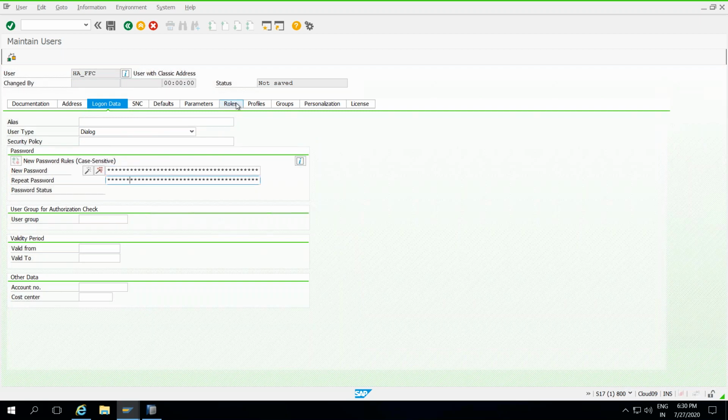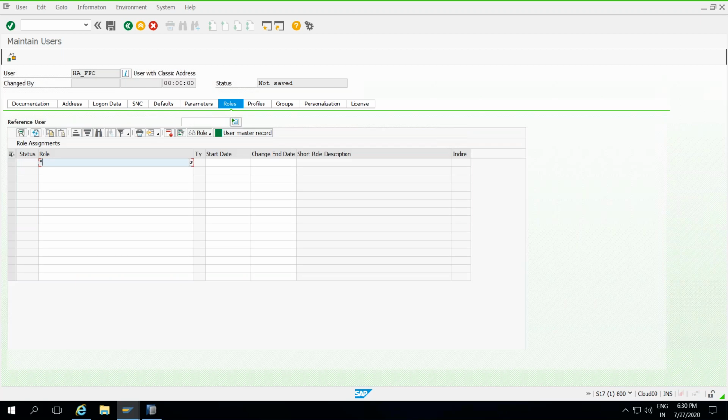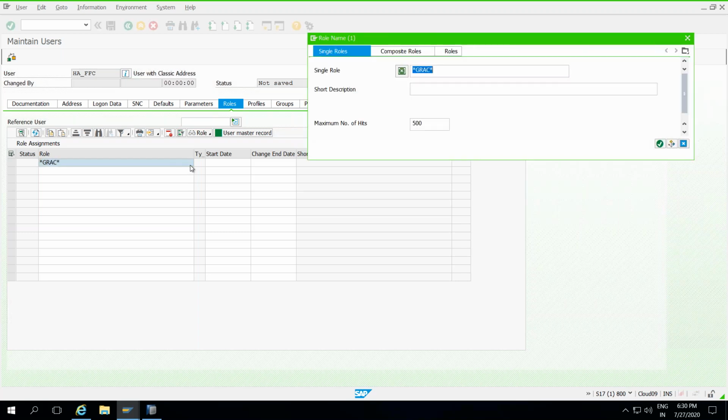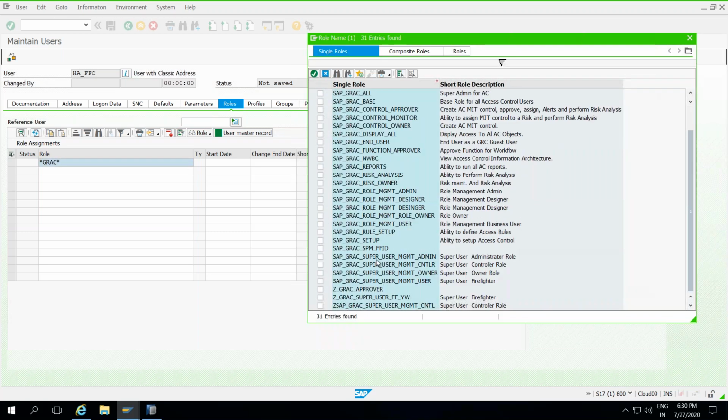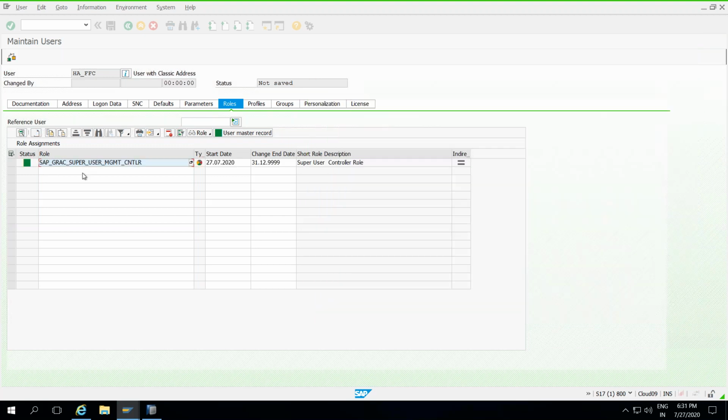So how to make this user the firefighter controller? Assign the common special role, star GRAC star, the super user controller role.